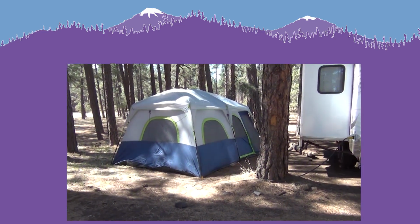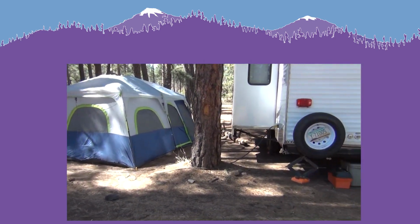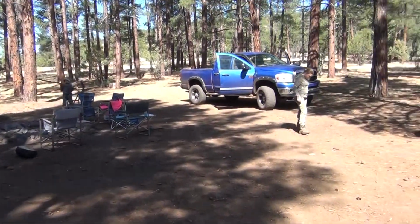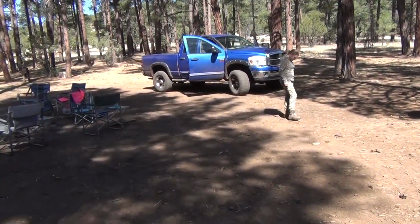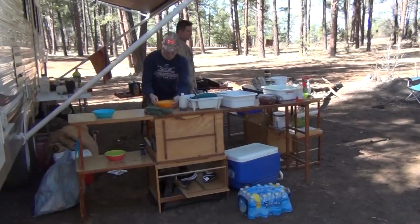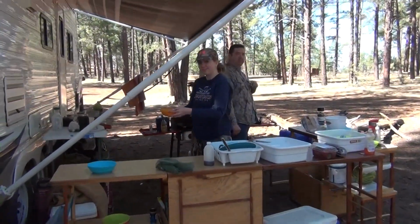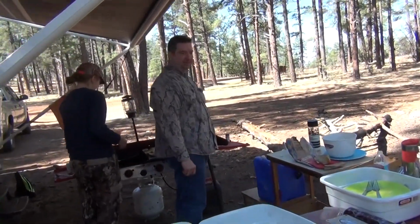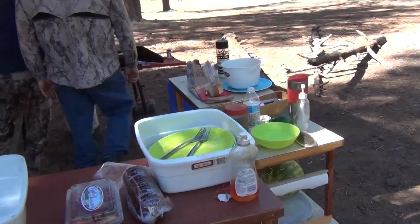Well, I'm like a 100% tent camper kind of guy myself. I love being out with nothing but a piece of thin canvas between me and the outside world. But as it turns out, we do end up going camping often with people that have RVs. And you'll notice what we end up doing is setting up our chuck boxes